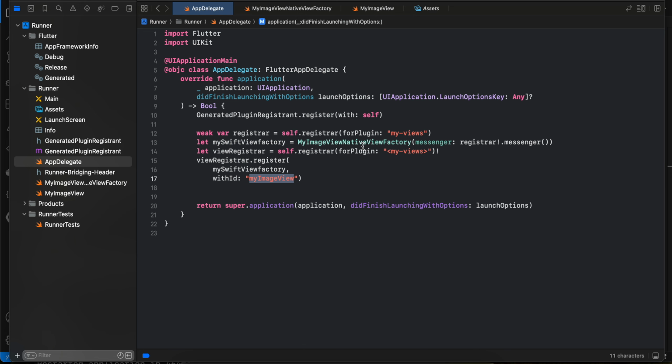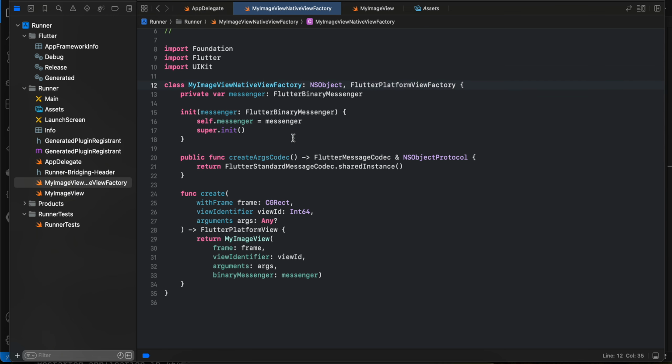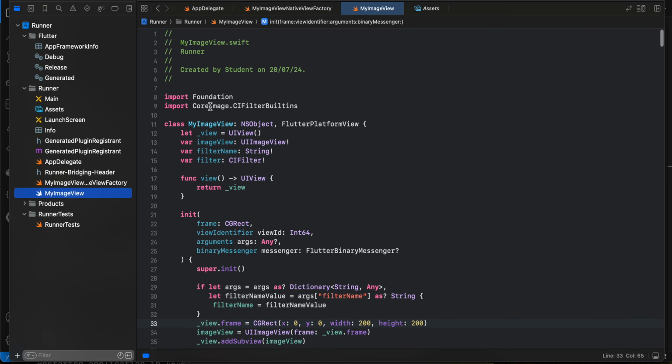Then I have created one Swift file called MyImageViewNativeViewFactory, and here as you can see, again this is boilerplate code. Anytime you are trying to integrate a native iOS view inside Flutter, this is just boilerplate code, you can copy paste it. But the important part is here we are referencing another Swift file called MyImageView. So create a Swift file called MyImageView, and here we are firstly importing CIFilter, the built-in filters, and